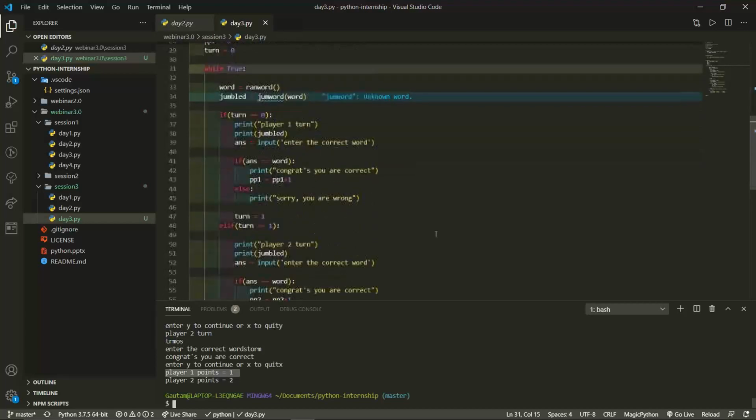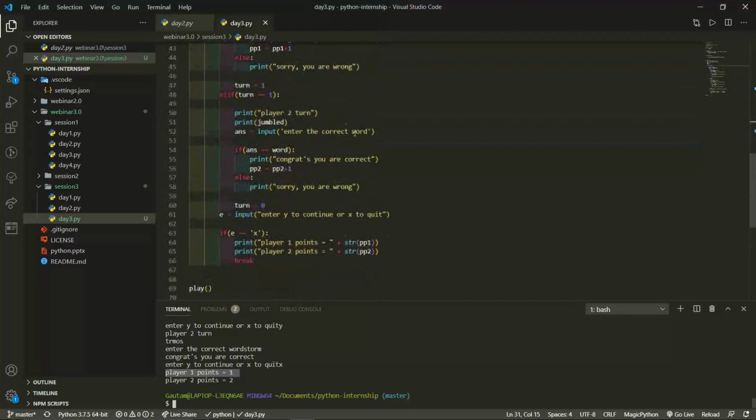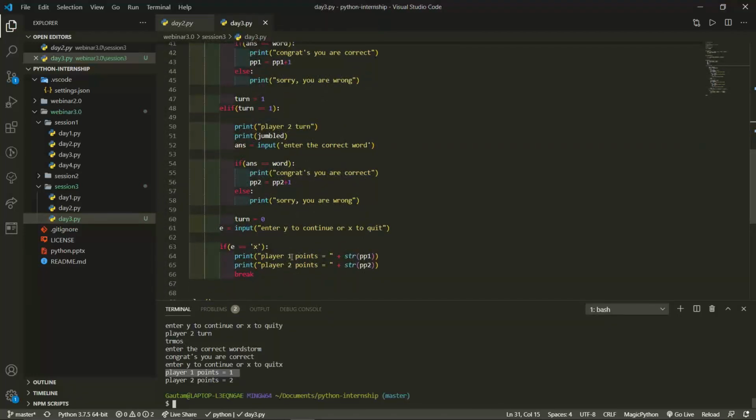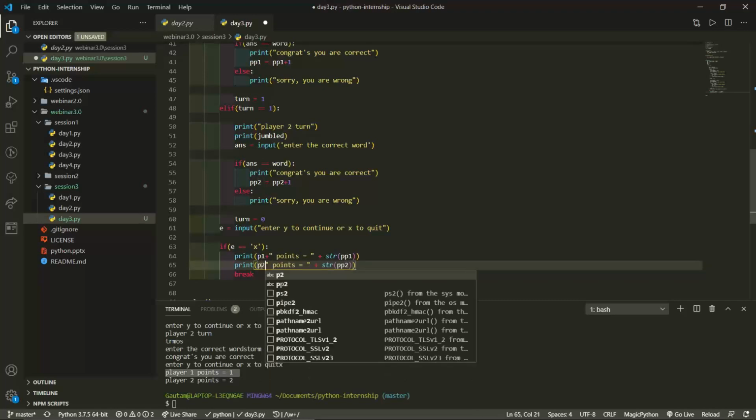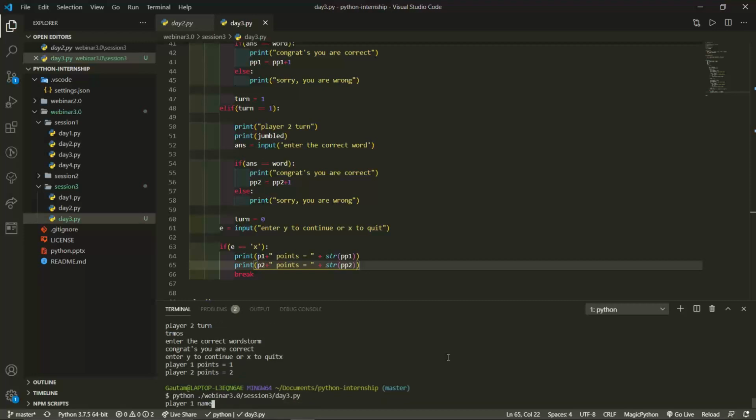You can have the names also right over here. Instead of player one and player two, you can use names like P1 and P2. The names are stored, so instead of doing this, you can write over here P1 plus, and I will just remove this from here, put a space, because after that I require a space, then P2 plus. Okay, so this is what we have done over here, and if we execute this code once again, then we'll get